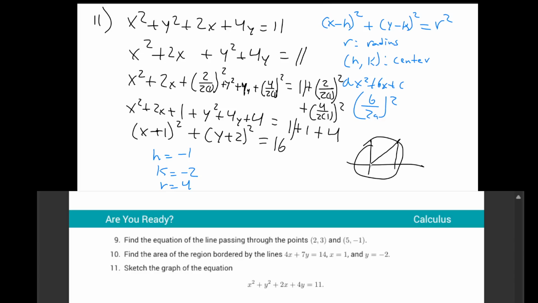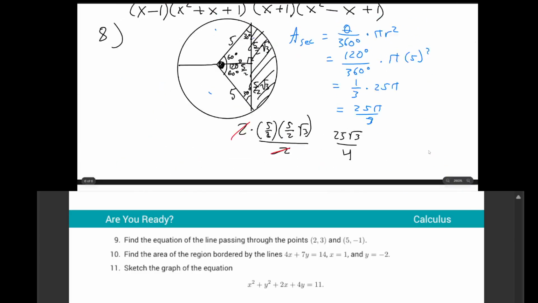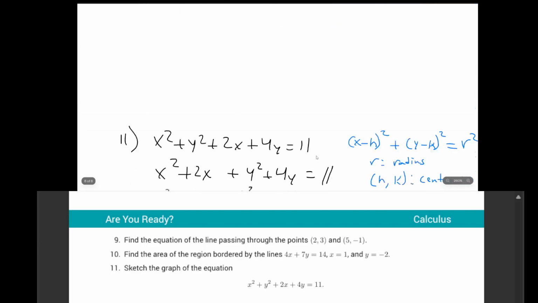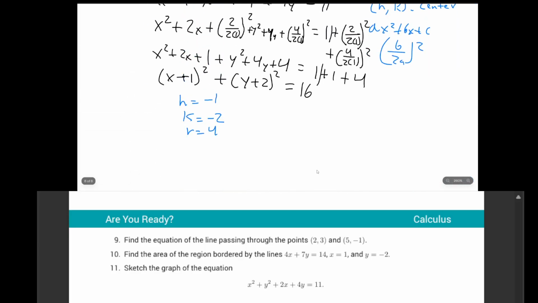Just like our last problem, the problem we did up here, the radius was the hypotenuse. The radius of 5 was also the hypotenuse of this triangle. That hypotenuse has to be positive, regardless if we're on the Cartesian plane or not. That's just how the math works. So, with that in mind,